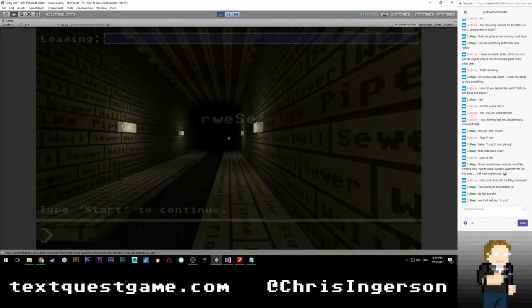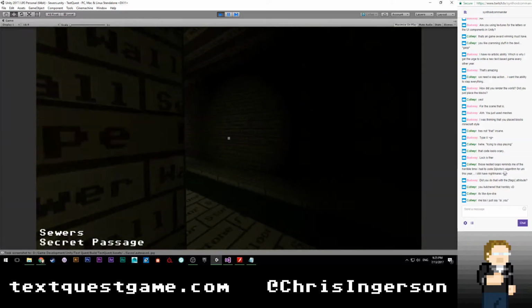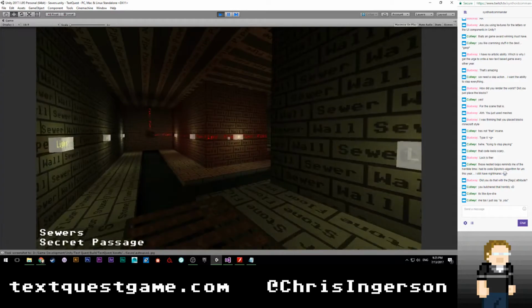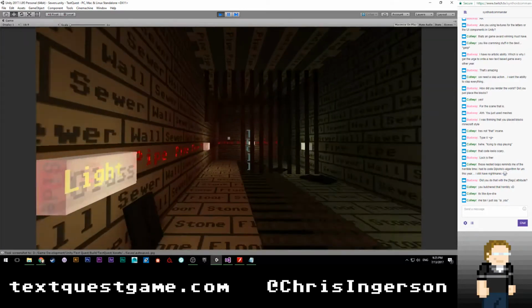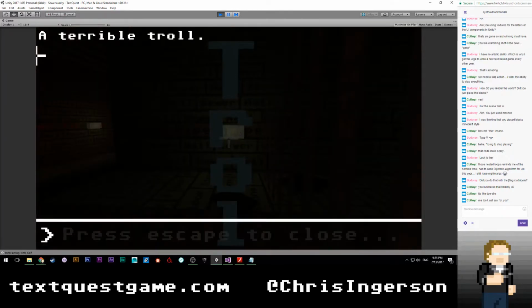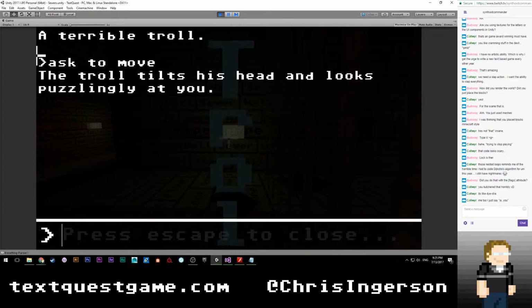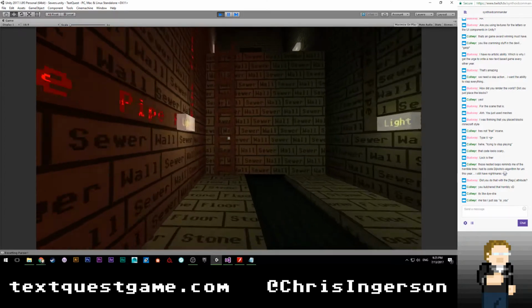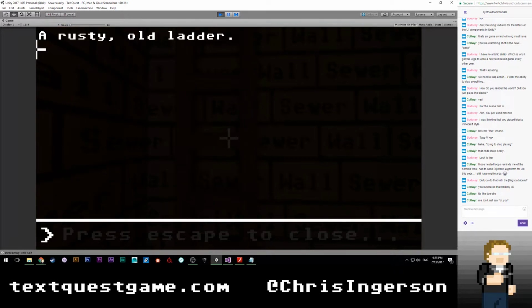Start. Run through here. There was another weird issue. God, my computer monitor is freaking out. It's flickering. Oh, actually, before I test, just making sure that the troll save state was correctly updated. So when you talk to the troll and ask him to move, he'll move. And then if you ask him to move while he's already moved, he'll tilt his head and look at you weird.